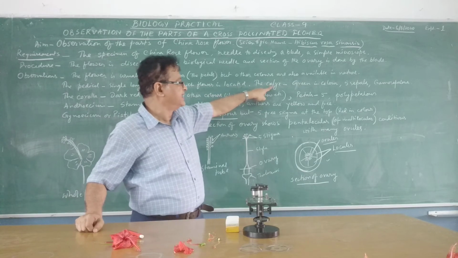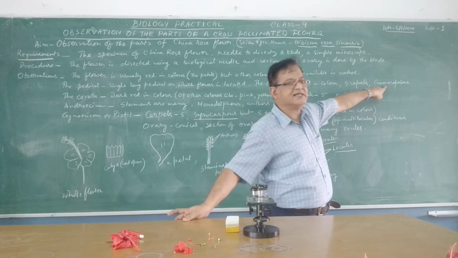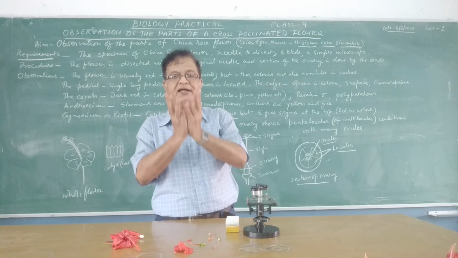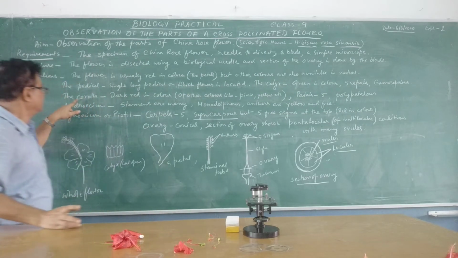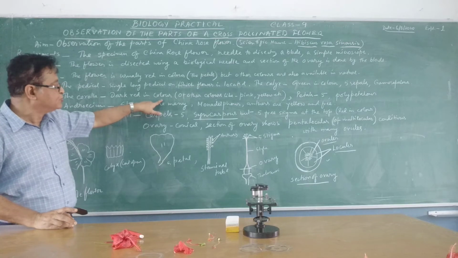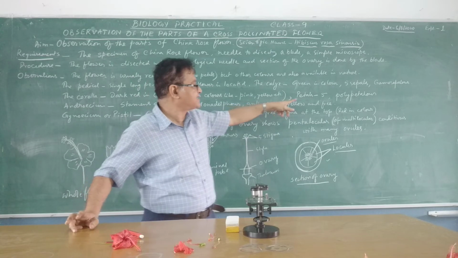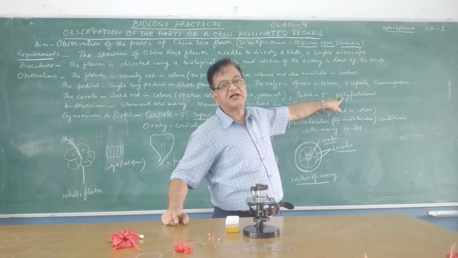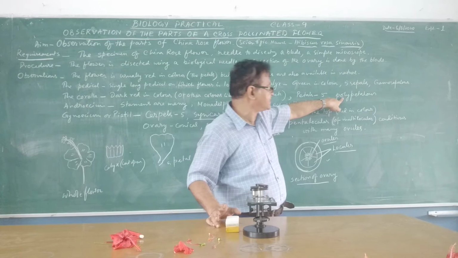The calyx is green in color, with 5 sepals, gamopetalous. Gamopetalous means united sepals: all the sepals are united to form one single structure. The corolla is usually dark red in color, or other colors like pink, yellow, or bicolor. Petals number 5, and all the petals are free from each other. Polypetalous is the biological term for free petals.